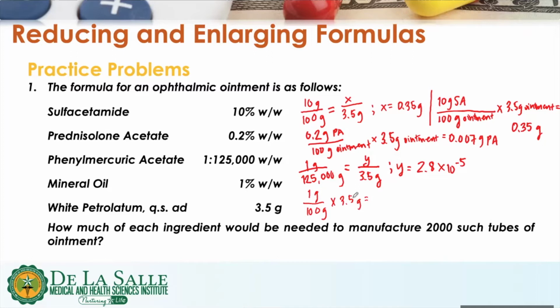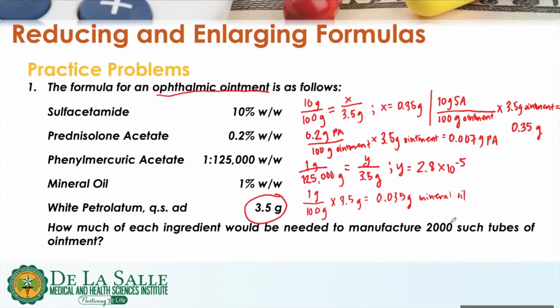So 3.5 grams of the ointment divided by 100 grams of the ointment will give us a value that is equal to 0.035 gram of mineral oil. Now that we are already able to compute the amount of each ingredient in a 3.5 gram ophthalmic ointment,